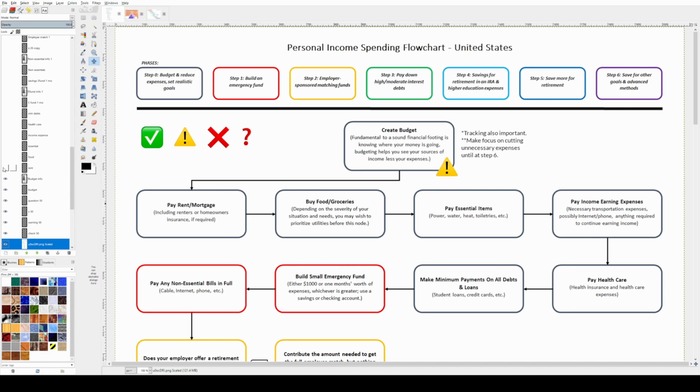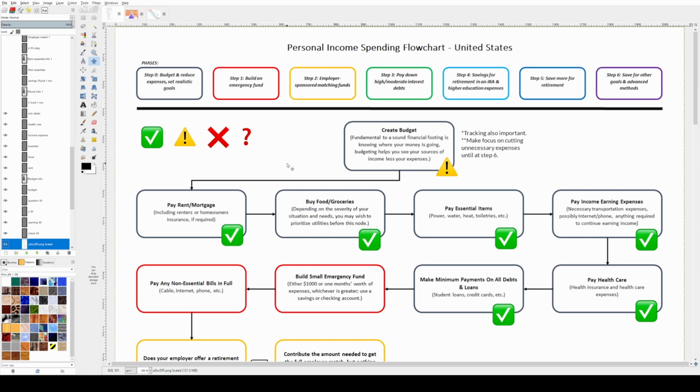And there's no issue with these. Paying your rent and mortgage, buying food and groceries, paying essential items, paying expenses that are required for earning income, paying healthcare and healthcare insurance, and making sure you make those minimum payments on all debts and loans that you have. Now, once you've done that, you've completed step 0, which again is to budget and reduce expenses and set